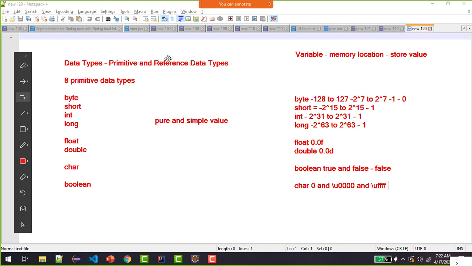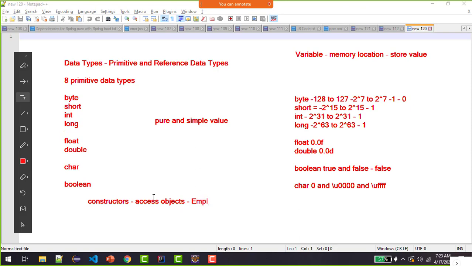Then comes the reference data type. Reference variables are created using constructors, which we'll talk about in module 4. Basically, reference variables are used to access objects, for which we have this programming language. We will create objects, and everything will revolve around these objects. Variables are declared to be of a specific type that cannot be changed. They are created to be of a specific type, either primitive type or reference type.